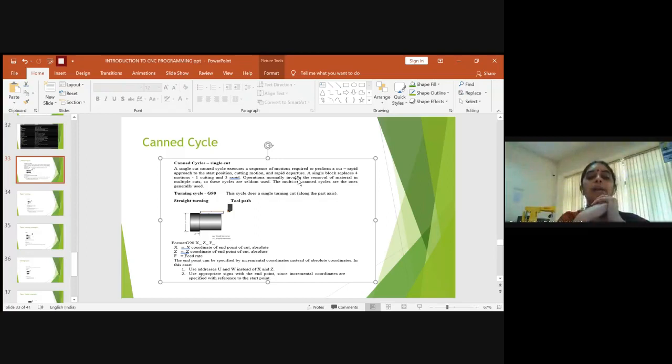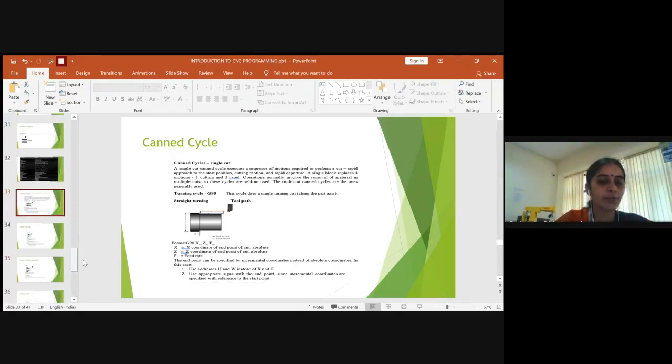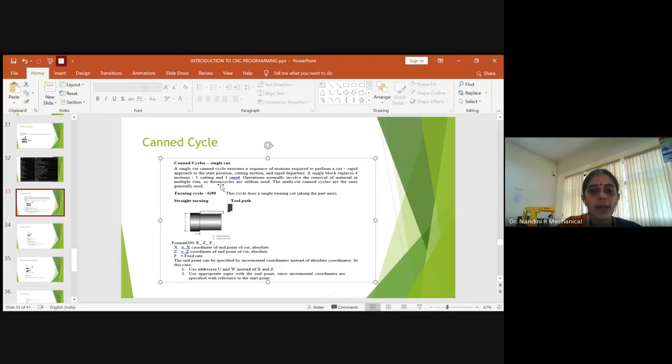So you should be having the syntax and the format to use the canned cycle. I'll just complete within 5-10 minutes, so that from the next week we can start up with the program and with the software. Exactly, so one program we will learn to write and the same thing we will execute in the software.